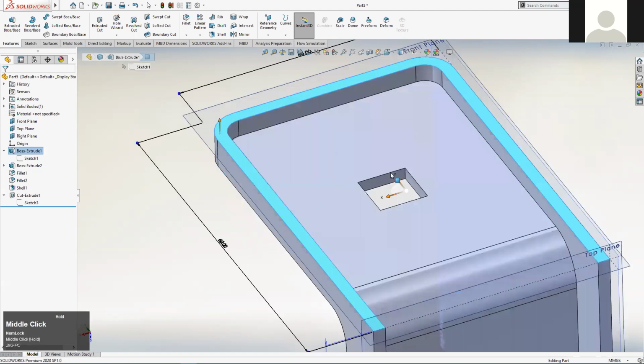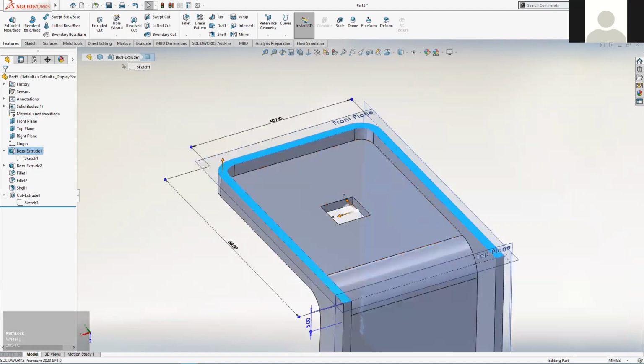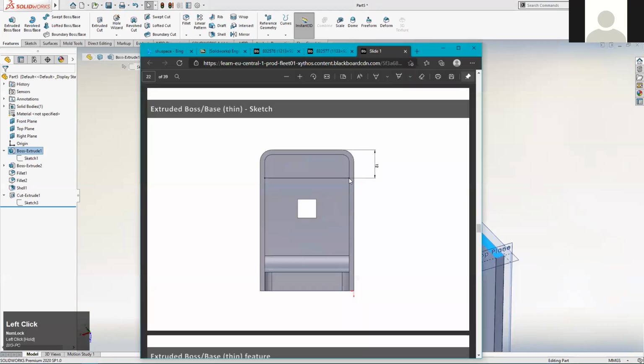And the reason I say that is it sort of illustrates the point that even though our sketch, so here's our sketch as it will be, even though our sketch is not actually on that face as such, because that face is just a thin 2mm boundary that runs around the outside, the system doesn't care. As long as the face that you pick is perfectly flat, the system is willing to regard it as infinitely large. It just regards it as another plane,